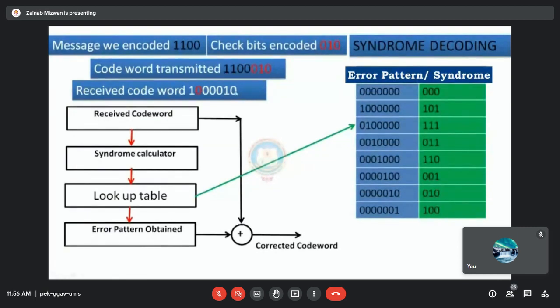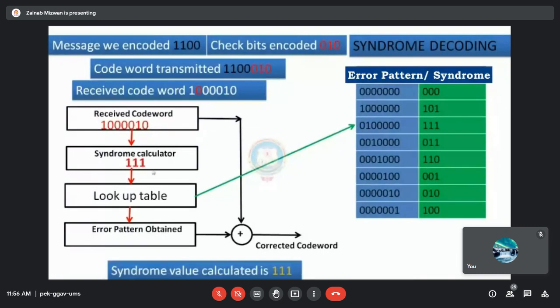Now we'll see what happens for the example we have considered. The received code word is 1000010. The syndrome we calculated is 111. That is given to the lookup table, which will search for that syndrome. The error pattern corresponding to the syndrome 111 is 0100000, and that error pattern is obtained here.